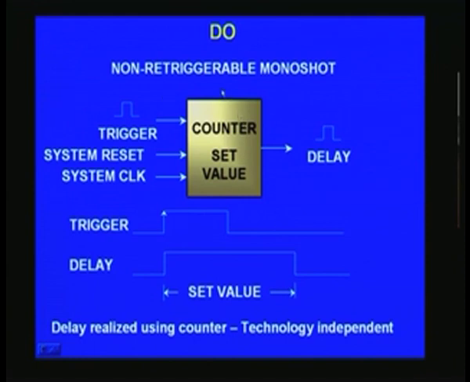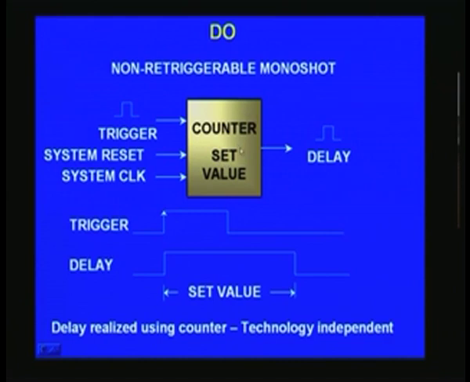This is basically a mono shot, or you can view it as a timer. It can be triggered, and that trigger is the starting of the delay. The desired delay is the same as in the previous case, except that this delay is now controlled by the set value that you have